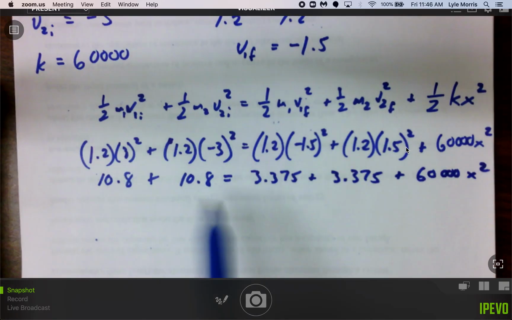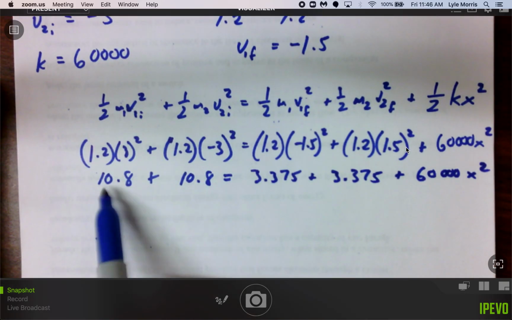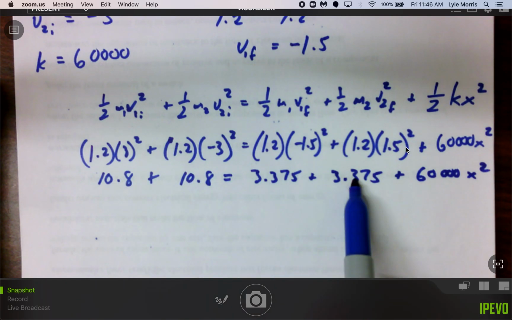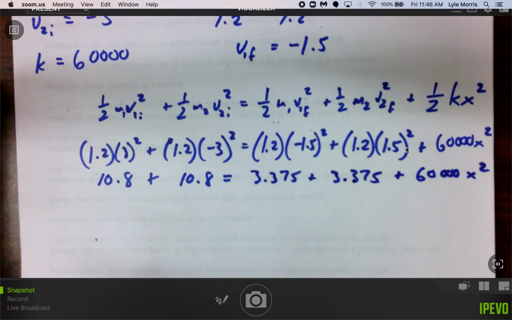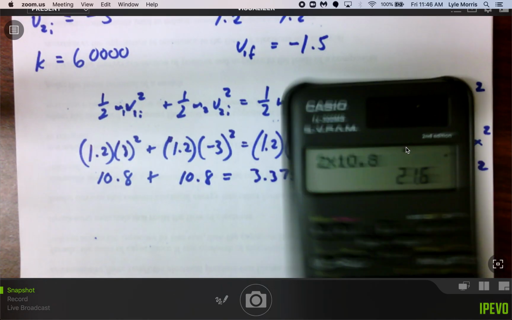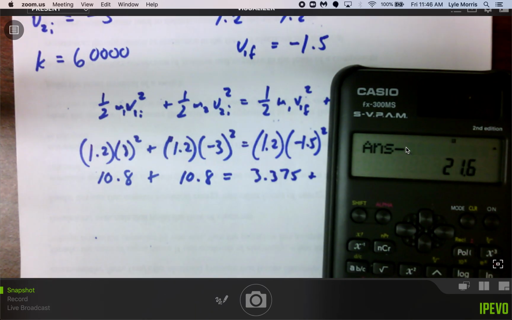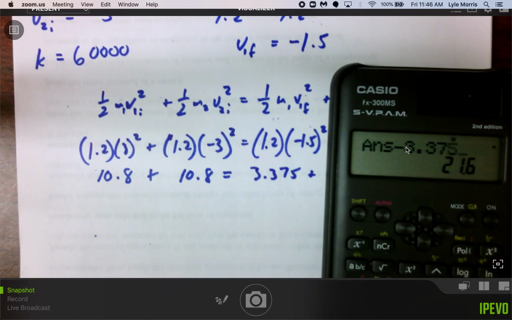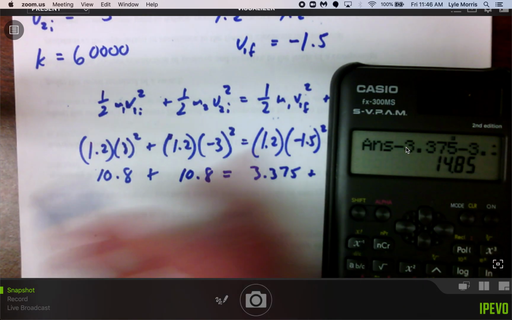Okay, I'm going to skip a step here. I'm going to double these, so I'm adding them together, and then I'm going to subtract these. That's what I'm going to do in one step. So 2 times 10.8 equals 21.6, minus 3.375, minus 3.375, 14.85,